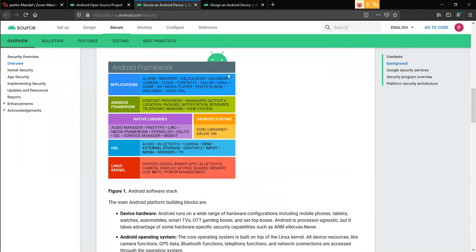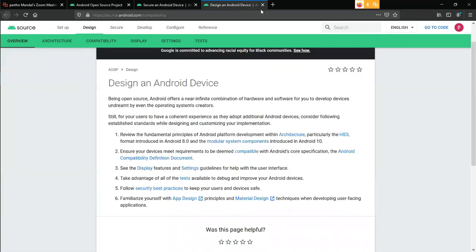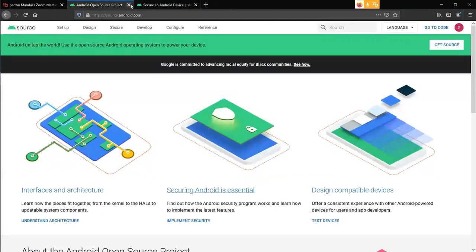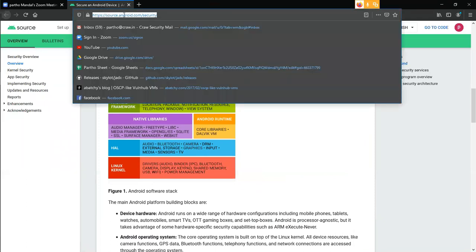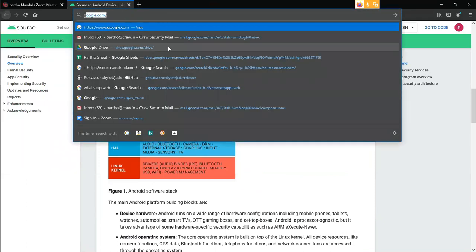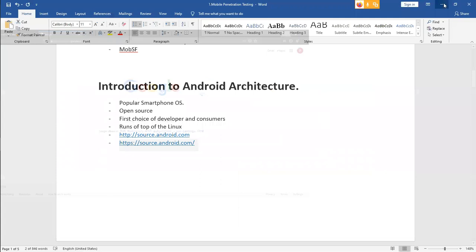The framework, this is the important part. The application, the Android framework, the native libraries, the Android runtime, the HAL, the Linux kernel. All these things we're going to discuss in our upcoming sessions. That's why they have given this website. You can simply go over here and check. For example,